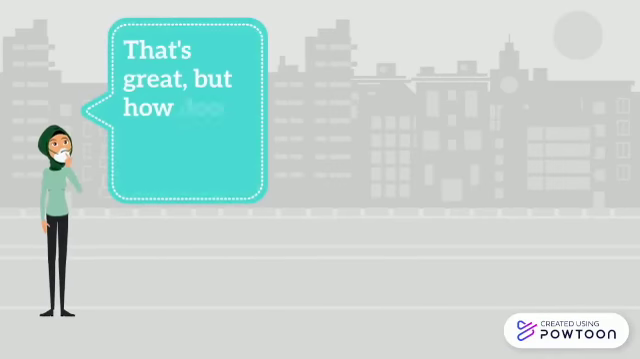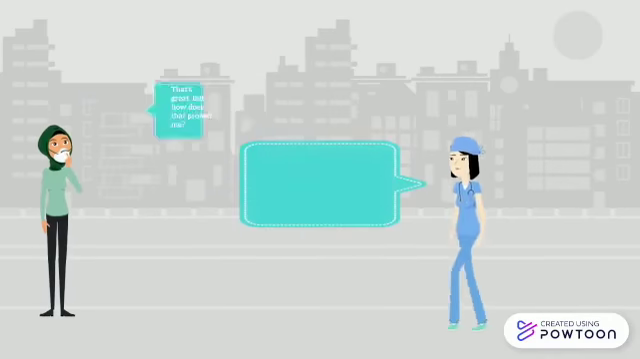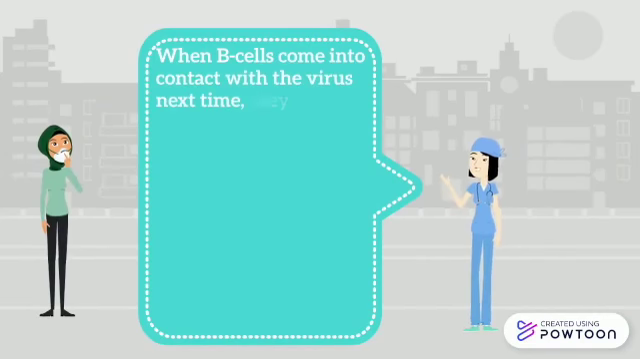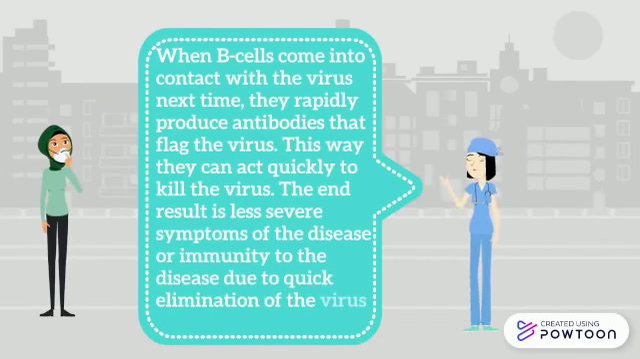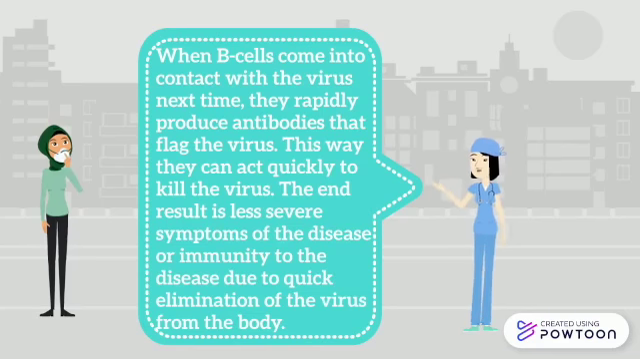That's great, but how does that protect me? Great question. When B cells come into contact with the virus next time, they rapidly produce antibodies that flag the virus so that your cells know to kill it. The end result is less severe symptoms of the disease or immunity to the disease due to quick elimination from